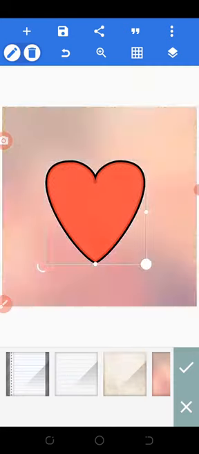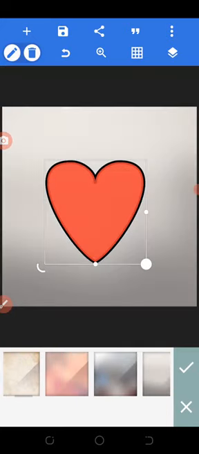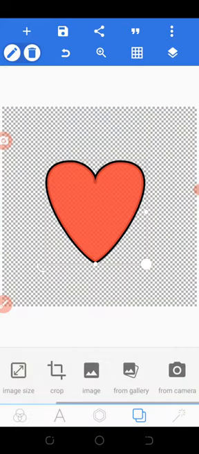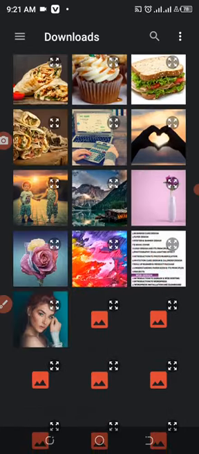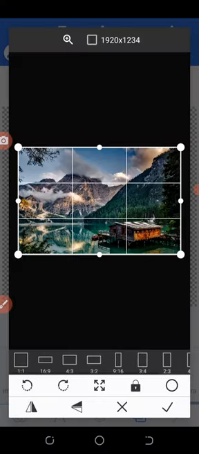You can see some stuff here too. Change the background like this. Let's cancel it. You can also bring an image from gallery. Once you click from gallery, it will take you to your gallery. You can choose a background for this from your gallery. For example, if I go over to my gallery and choose something like this now, and I bring it in,